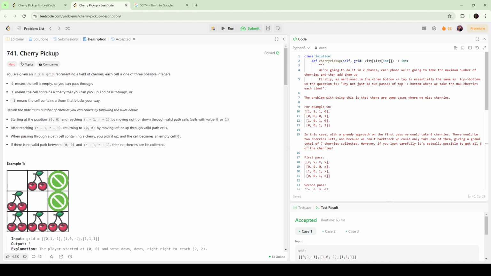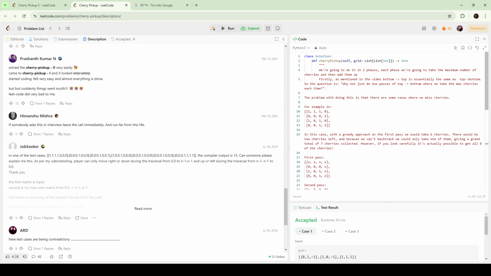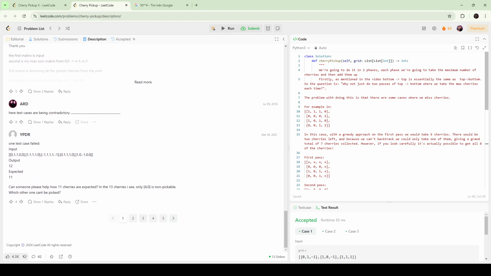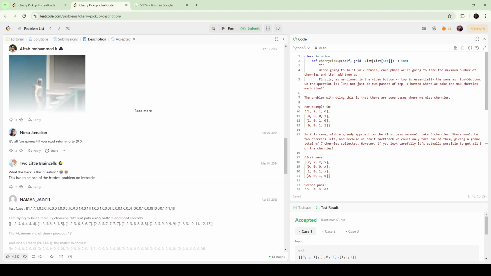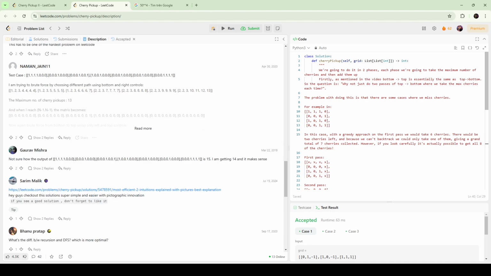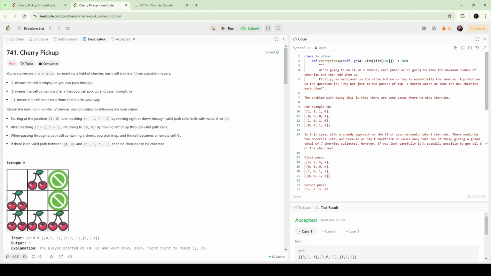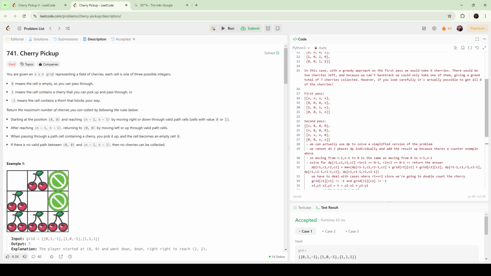Okay, so here, if somebody asks this in an interview, leave the car immediately and run far from this life. What the heck is this problem? This has to be one of the hardest problems on LeetCode. Okay, so this problem is actually hard, and I myself cannot